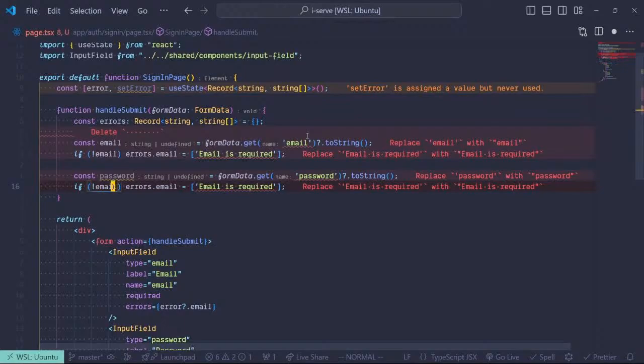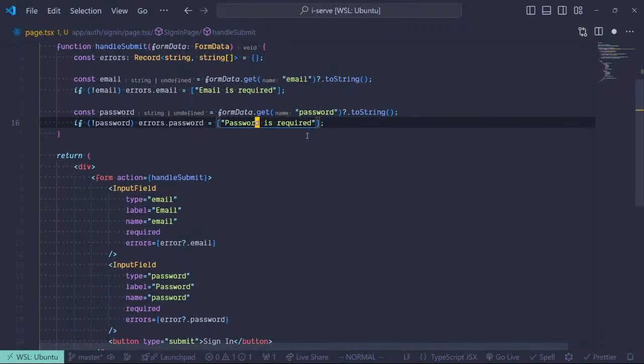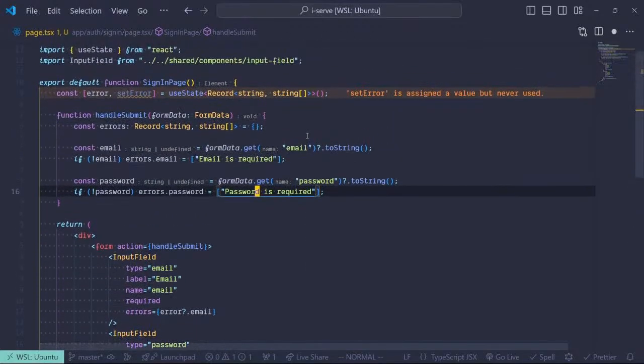Grab this. No password. Password is required. Right. Once we have our two values,